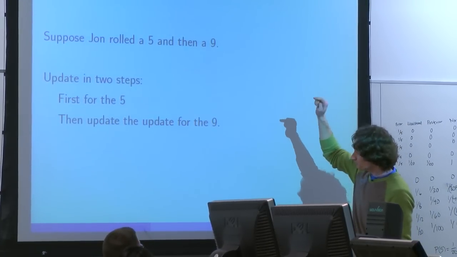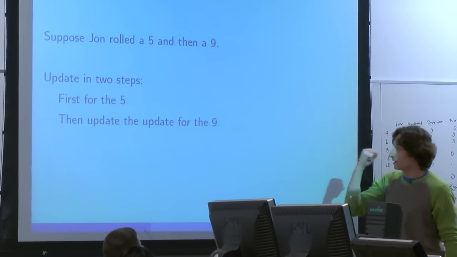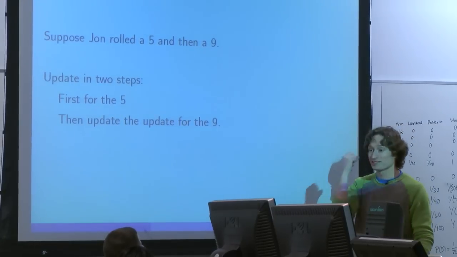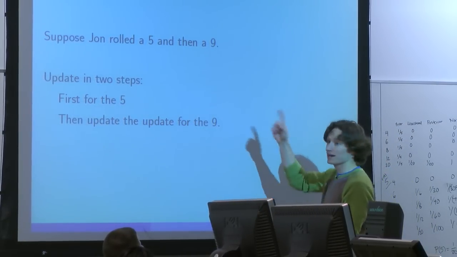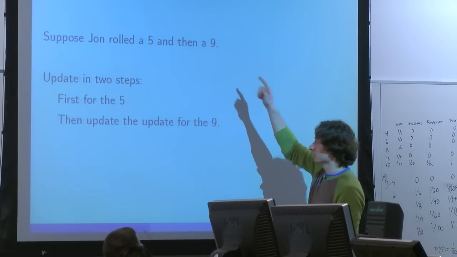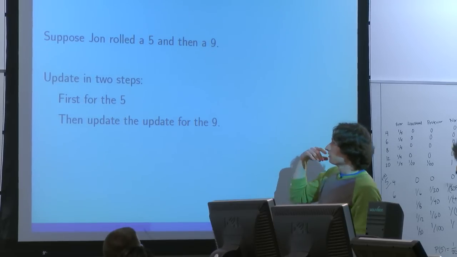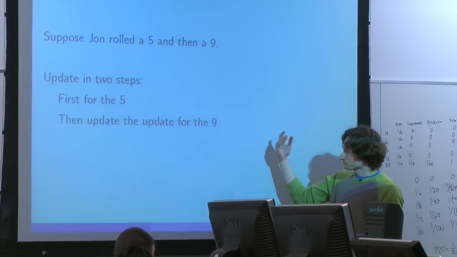So great. So here what we want you to do is pretend that I rolled the die, and I got a 5. And then I rolled the same die. I didn't get a different one. I just rolled the same die, just like I did in that demonstration. And then I got a 9. OK? So now we have a sequence of 2 pieces of data, 5 and 9. So I want you to find the posterior that